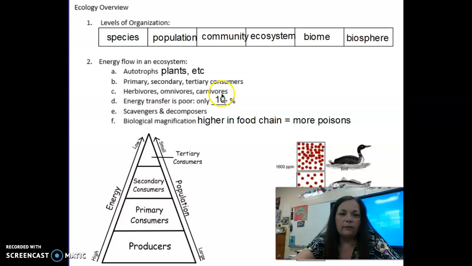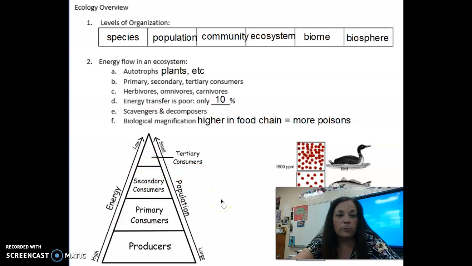Carnivore is kind of a weird term because most people think of bears and sharks and tigers and things like that. But remember that a frog is a carnivore, okay? Because it doesn't choose to eat vegetation. It will only eat other animals like bugs and things like that. So that makes him a carnivore, okay? The one number that you have to remember in biology is 10%. The energy transfer from one level to the next, to the next, to the next is very low. It's only 10%. So that's why you don't see 20 levels in this pyramid here. You only see normally 4 or 5.